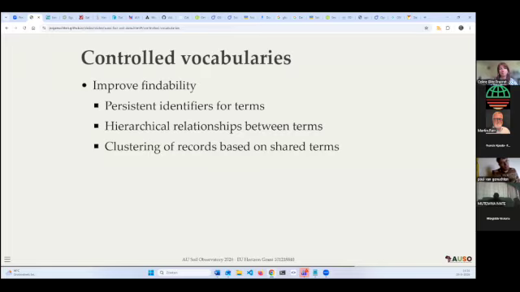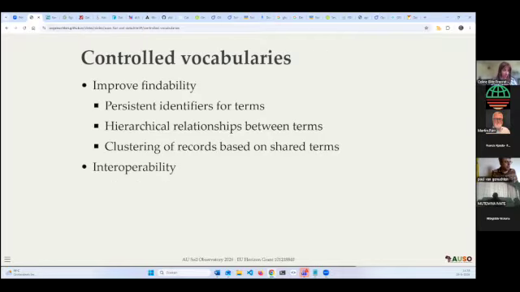The other thing where these controlled vocabularies can be used is to cluster records based on the categories, which gives us a nice overview of statistics. How much content do we have about forests in this catalog? How much about soil? This is a nice view for administrators to understand where the catalog contributes most.